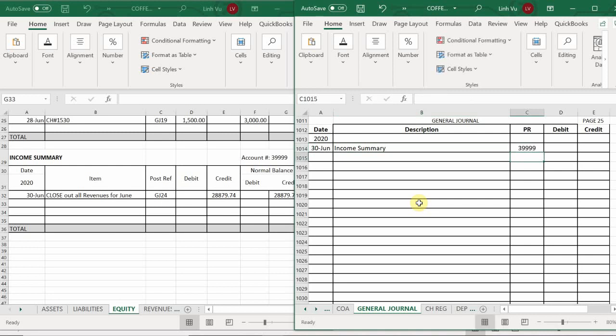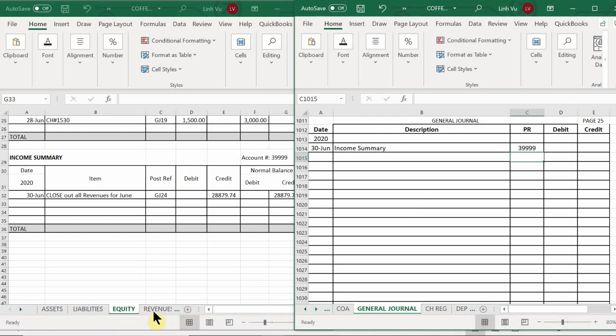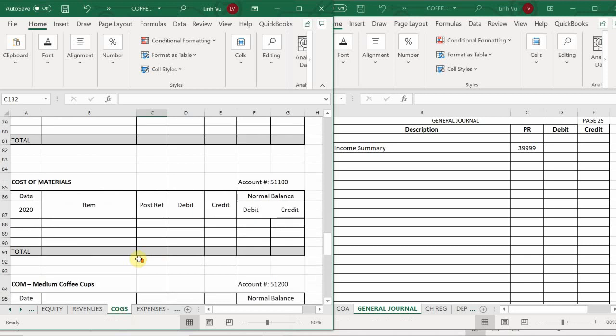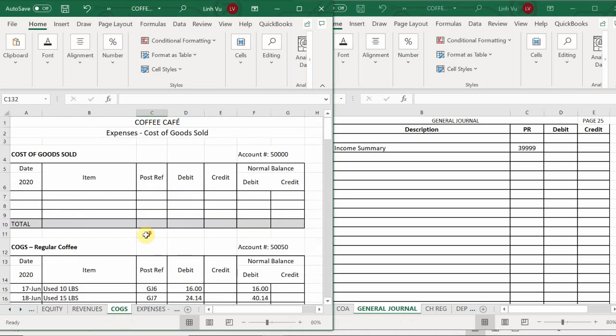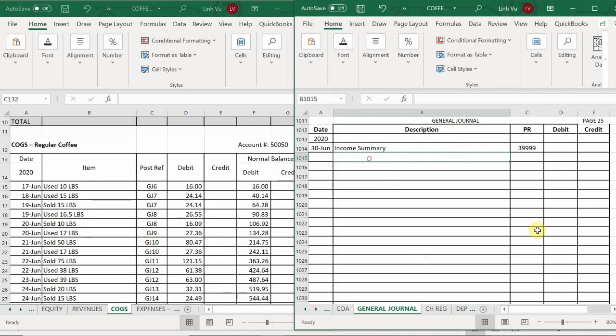Now in this case, this is going to be an equal sum, because I have to list out all of my expense accounts and credit them one at a time. So starting off with your cost of goods sold is where you're going to begin. Starting with cost of goods sold for regular coffee,